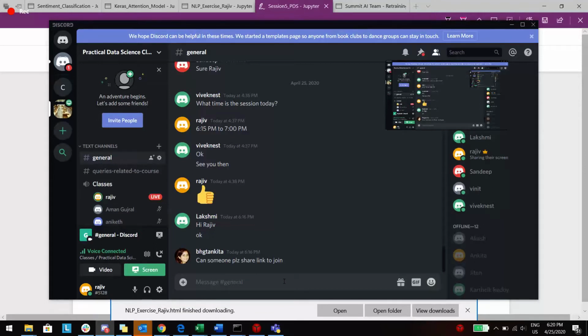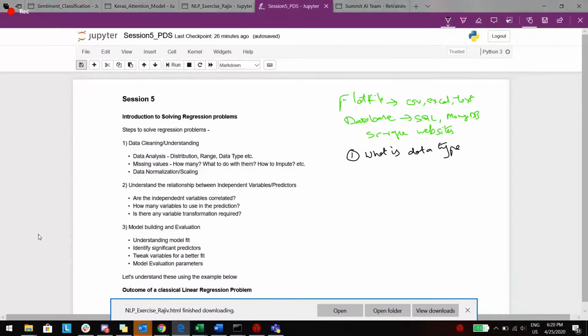So are you able to see the Discord screen right now? I'm seeing your screen in which there is a message window. Last message is of Ankita. Yeah. So are you able to see the screen now, which shows this Python recording, Jupyter Notebook? No. Okay.